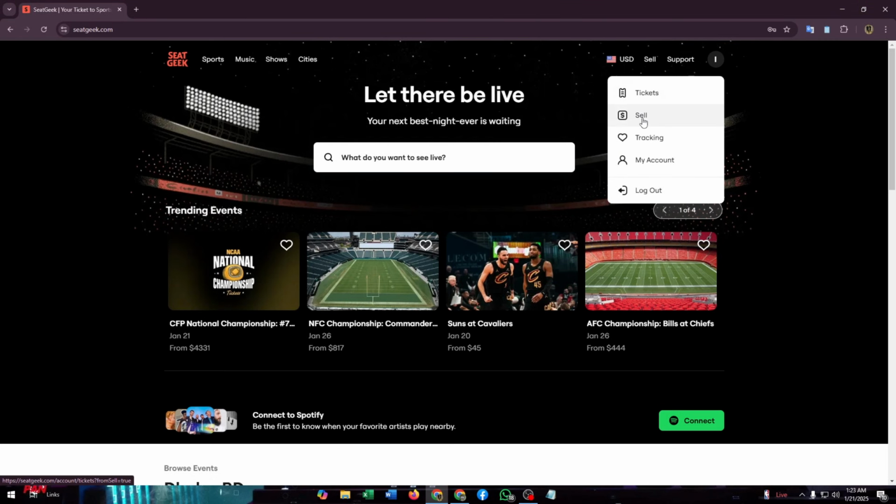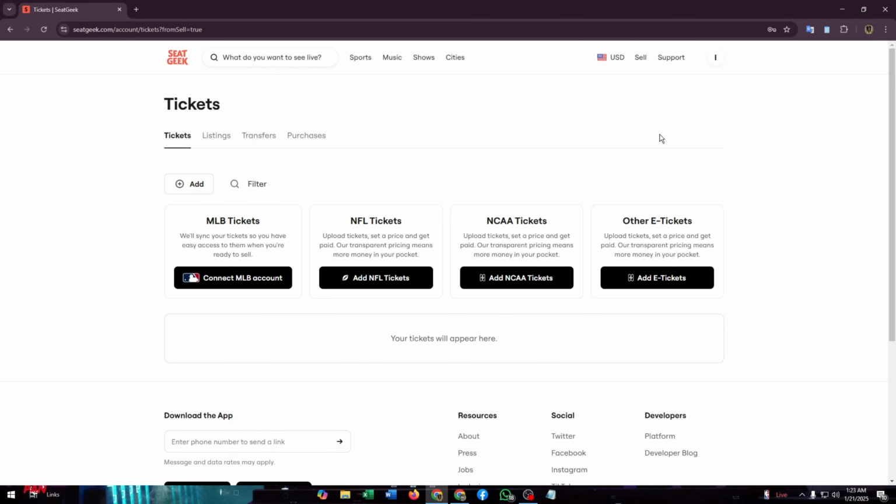Then you will find sell, simply click on it, and you will find this type of page where you can add your MLB tickets. Here you can connect your MLB account to your Seatgeek account to sell the MLB tickets. Also, you can sell your NFL tickets, you can sell your NCAA tickets, and the last one is you can sell your e-tickets. You can add your e-tickets by clicking on this button, add e-tickets,